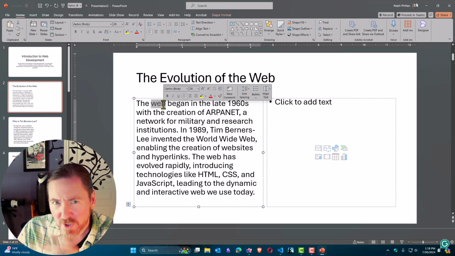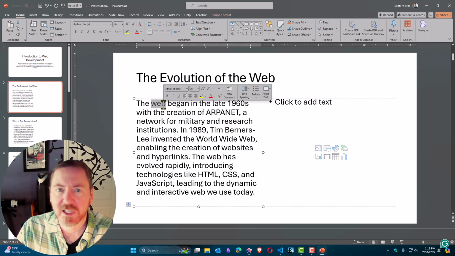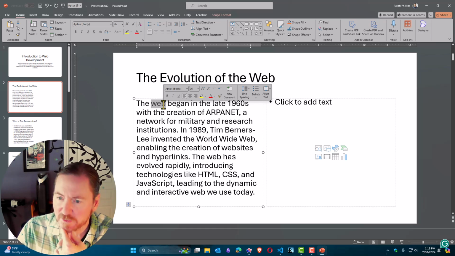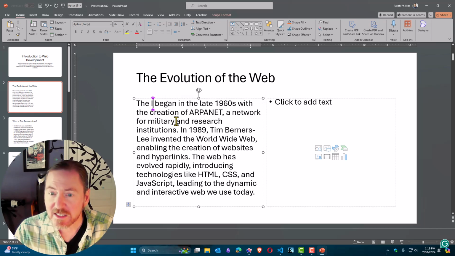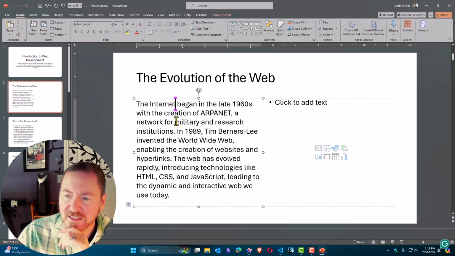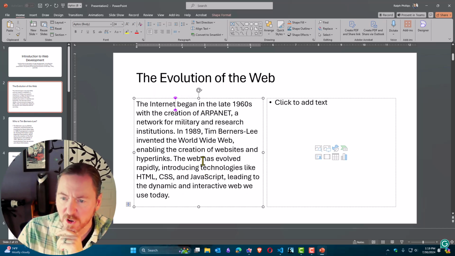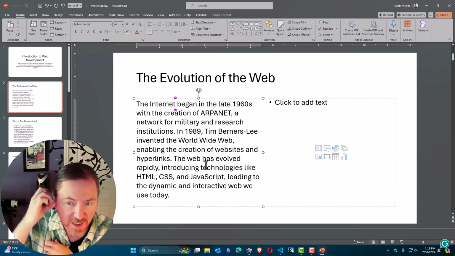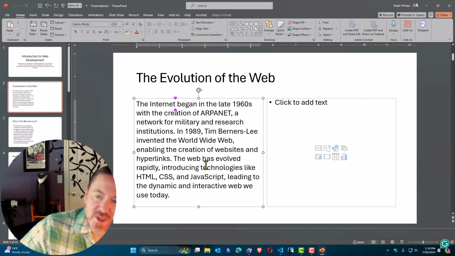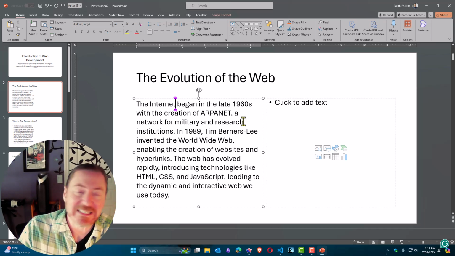So this is what I want you to be careful about whenever you're relying on any AI chatbot for information. Not 100% wrong, but certainly not 100% correct. The internet began in the late 1960s with the creation of ARPANET, a network for military and research institutions. Yes, that's true. ARPANET was created in 1969,